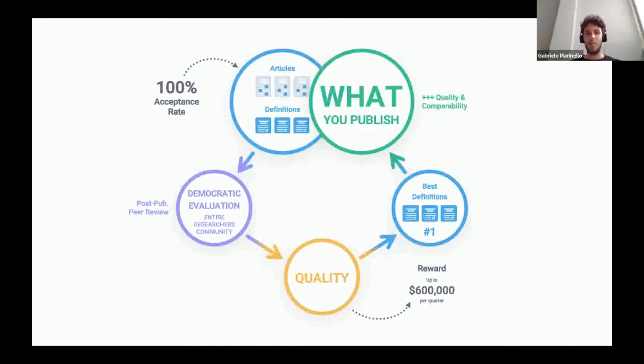If you break up a research paper into its components, we have hundreds of definitions with dozens of variants. So the number of definitions that you need to choose from is immense, really huge.